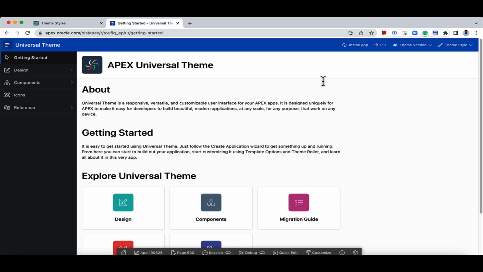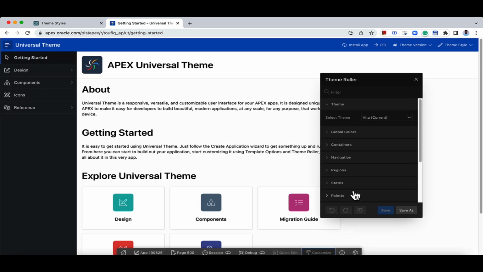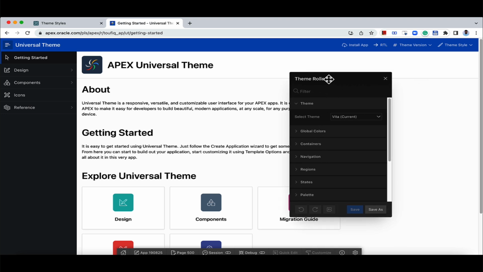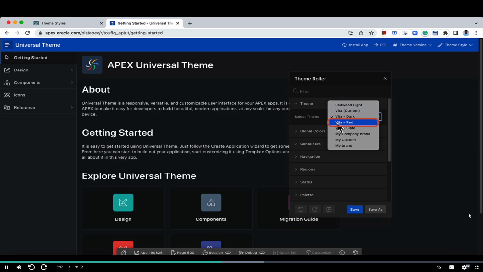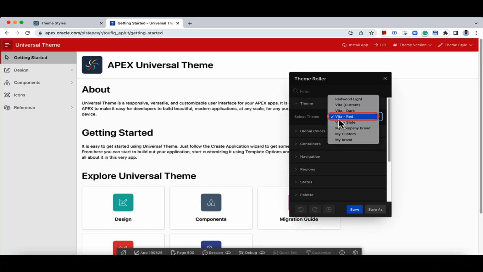This is what you have as the default Vita theme style. I'm going to change the look and feel of this application using Theme Roller. To activate Theme Roller, click on Customize in the developer toolbar, and there you will find an option called Theme Roller. Click on that and this opens a window called Theme Roller. Here you can see in the Select Theme select list, all the theme styles that are available in this application are listed. You can change the theme style from here and see how that particular theme style looks on your application